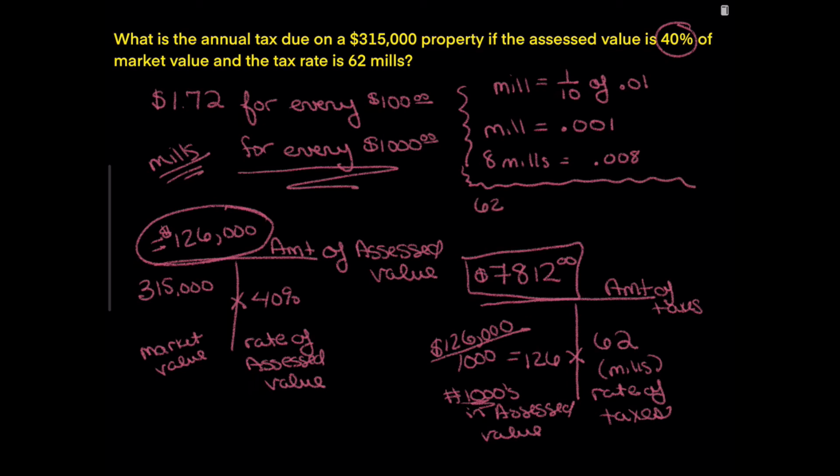And just in case you're wondering, if you said, hey, we're doing the 62 times 0.001 would give us 0.062, and if you multiply that by 126,000, you would get the same answer,